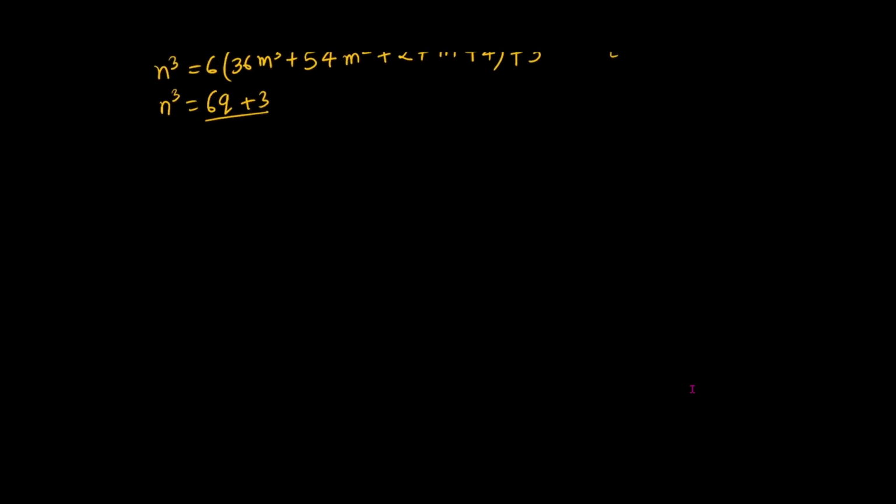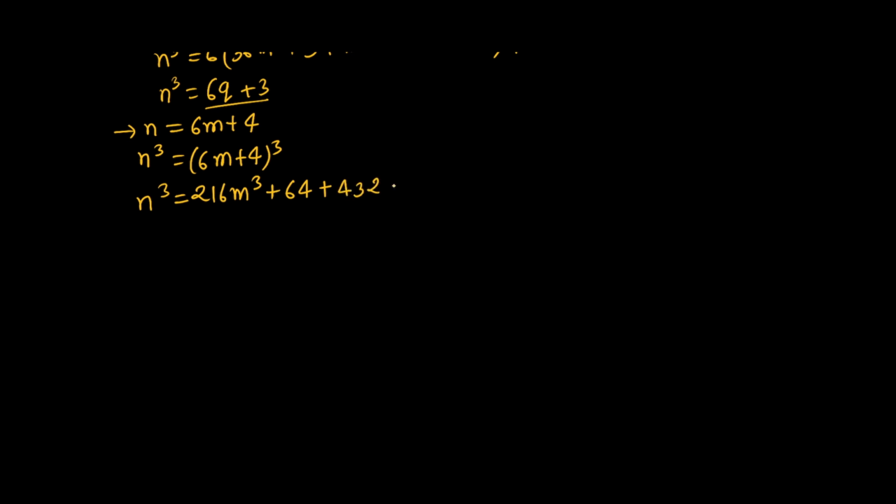6m plus 4. n is equal to 6m plus 4. We will cube both sides. So (6m plus 4) whole cube. So n cube is equal to 216 m cube plus 64 plus 3a square b. So a square is 36, 36 into 3 is 108, 108 into 4 is 432 m square